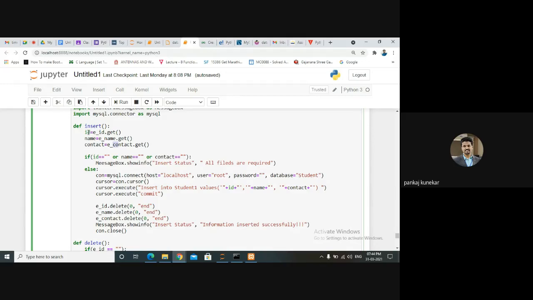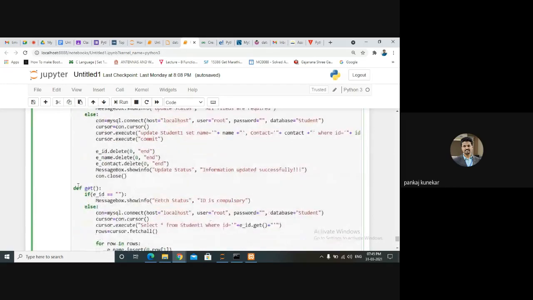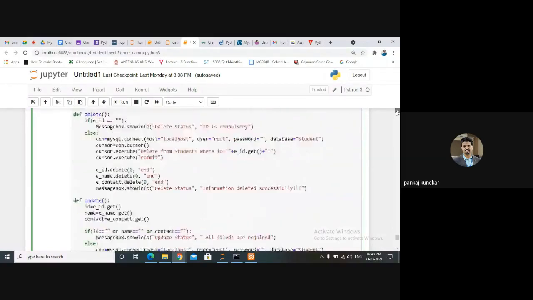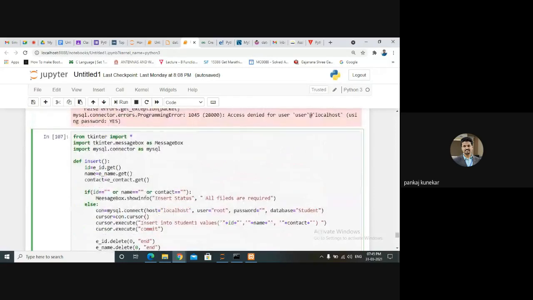So I will create temporary variables like ID, name, and contact, and I will capture that data using the get method. Don't confuse between this get method and this get method. This get method is not a predefined one, it is defined by us, and this get method is already in the system to retrieve our data.